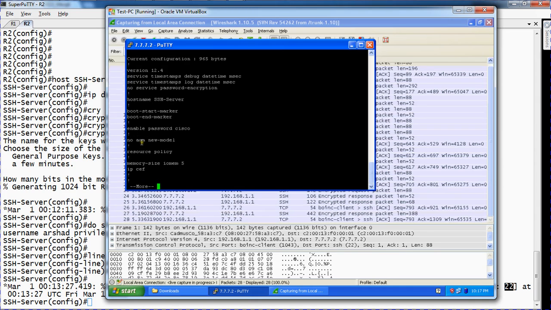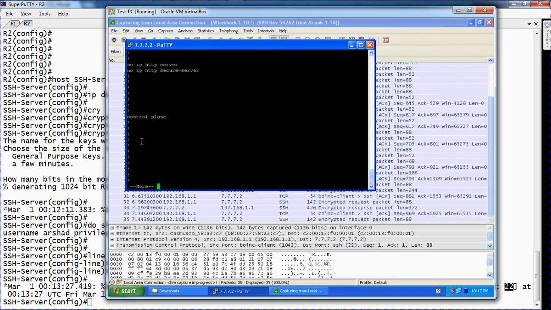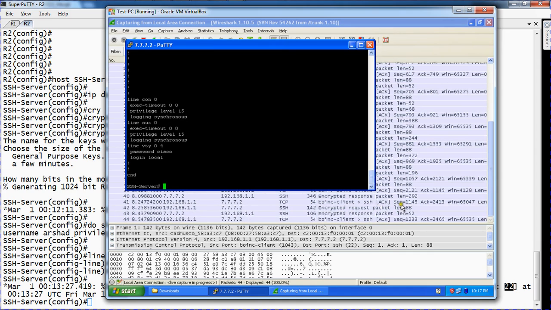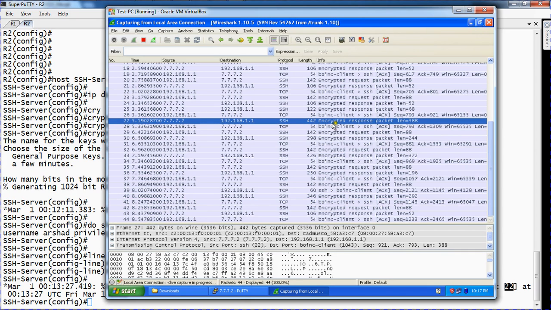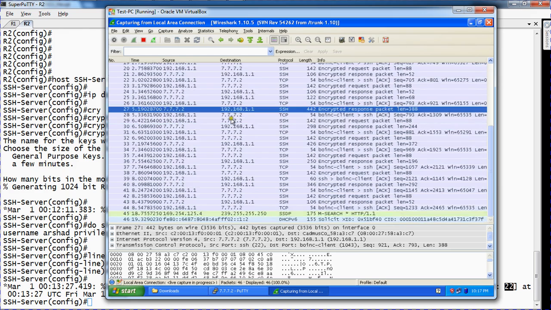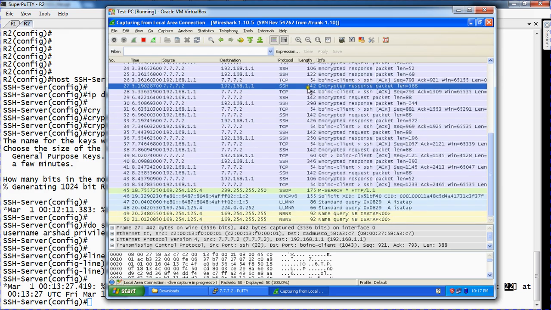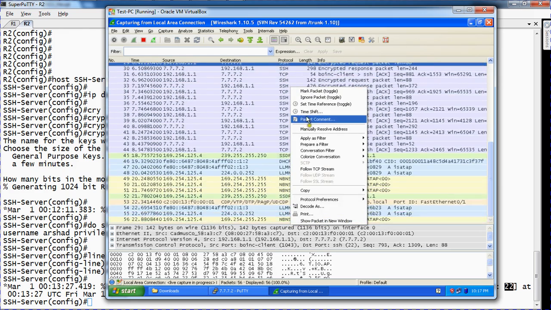And I'm doing some work. I'm seeing the configuration here. That means I'm generating some traffic from my test PC to the router. You can see that the SSH is an encrypted response packet. The destination is my PC and the source is the router. Let us try to follow this TCP packet,